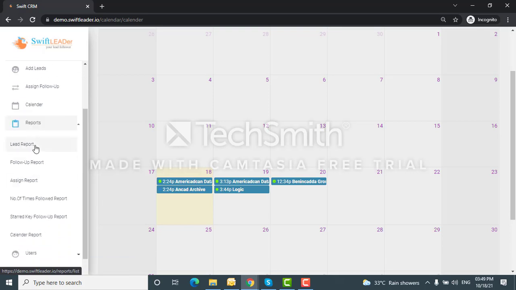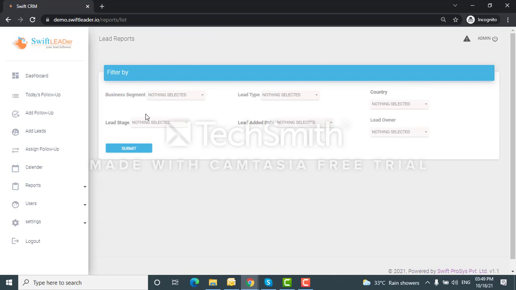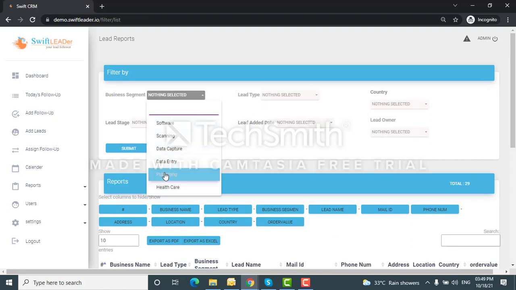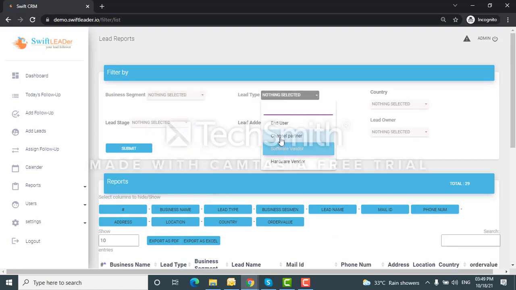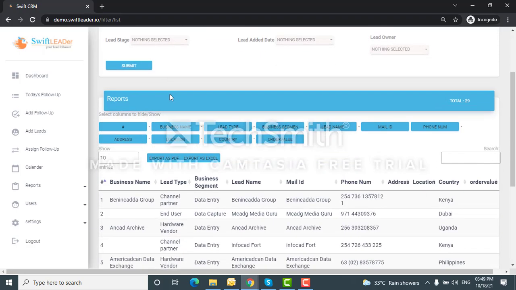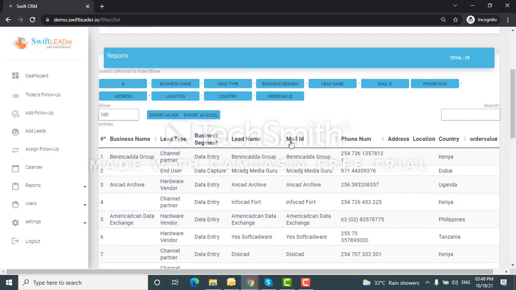So now I will show you a few reports. It's all customizable. Business segment wise you can select, lead type wise, even multiple options you can select like this. And below what you are seeing, it can be exported as a PDF or Excel.